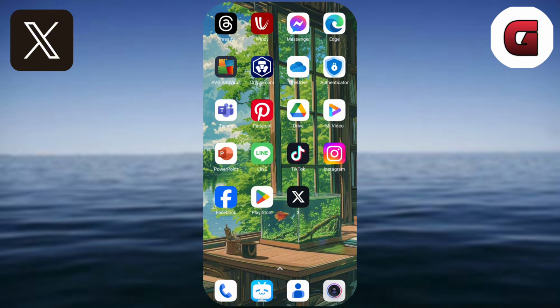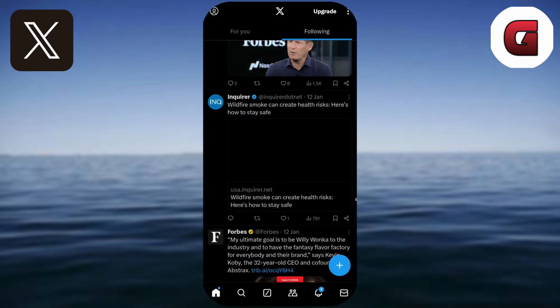So to deactivate your account on X or Twitter, it's actually pretty easy, just follow what I'm going to do. For the first step, I want you to open your X or Twitter app. And after opening your Twitter, next, you will need to go to your Twitter settings, since that's where you can